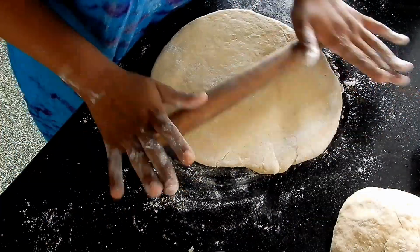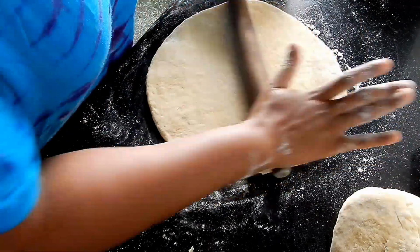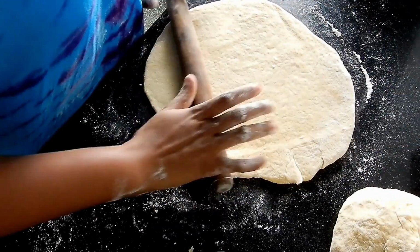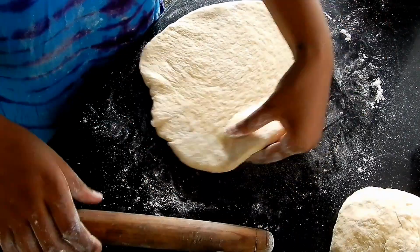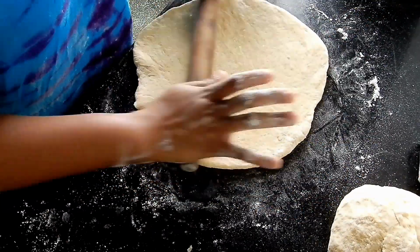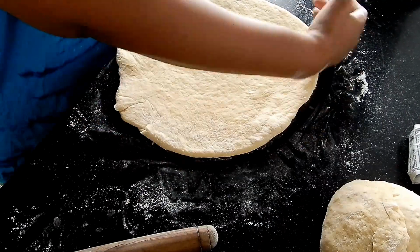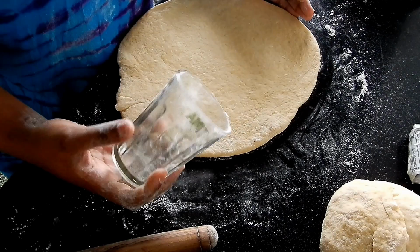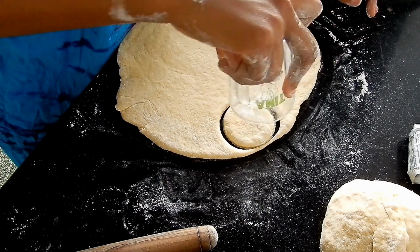Alafu, something else that I would advise you is that don't musiskume your flour into a thinner, isikuwe nyembamba sana, cause zitakuwa donuts zako zitakuwa nyembamba instead of no, wajua zafa kufura ziwe na nyama, so don't roll your flour too much. So now next I'll just take my glass, and then I'll just try making some circles by pressing